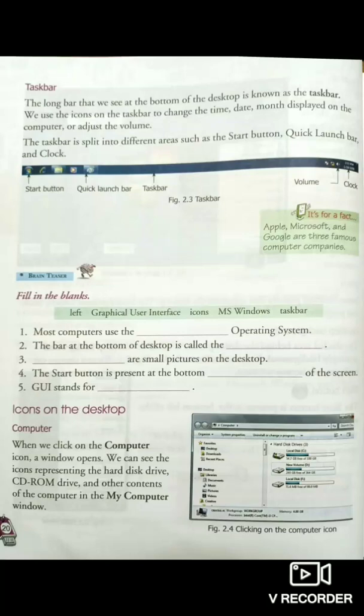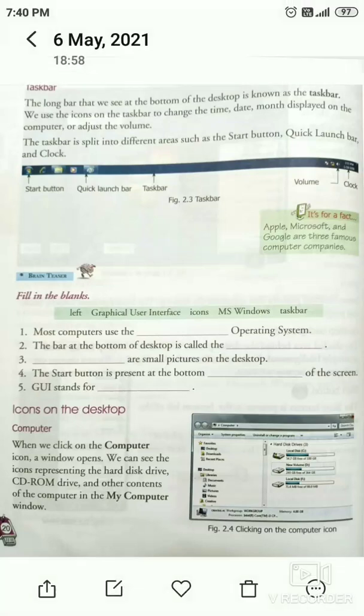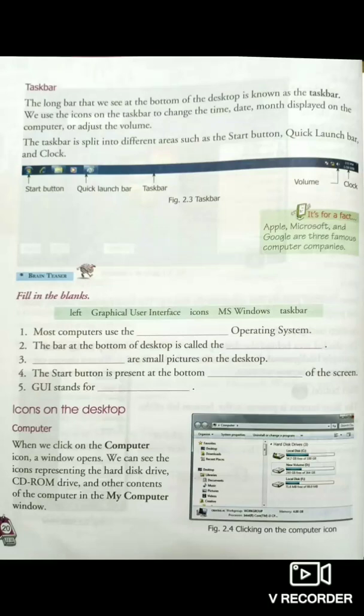We use the icons on the taskbar to change the time, date, months, whichever is displayed on the computer, or we can also adjust the volume of the speakers. The taskbar is split into different areas such as the start button, quick launch bar and clock. Separately, we will get to know about all these things, right?